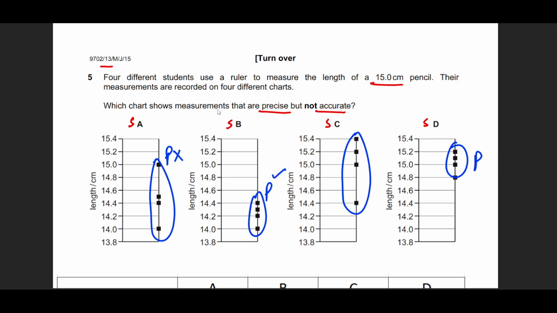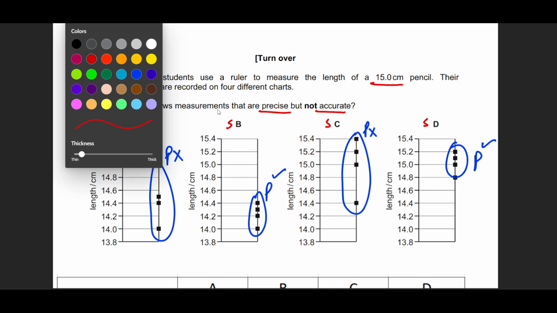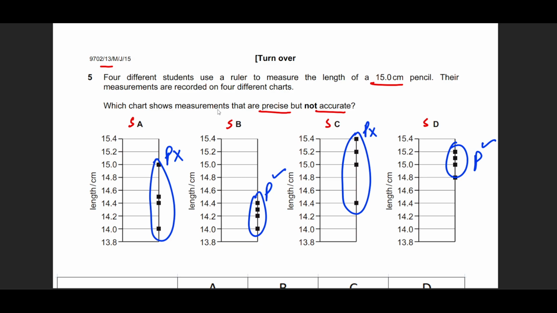This will be high precision. And this will be low precision. The second thing he tells me is which one is going to be not accurate. Now, when I'm looking for an inaccurate answer, they shouldn't be accurate, I need to decide whether they got